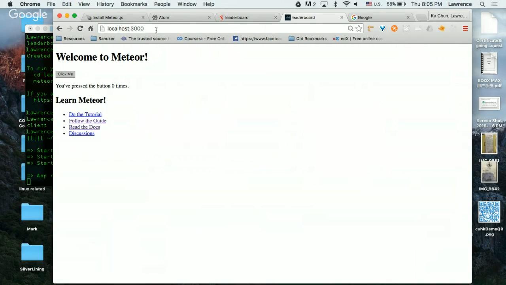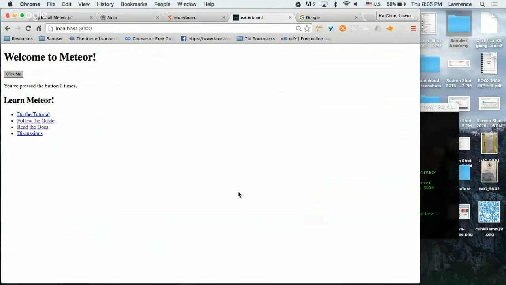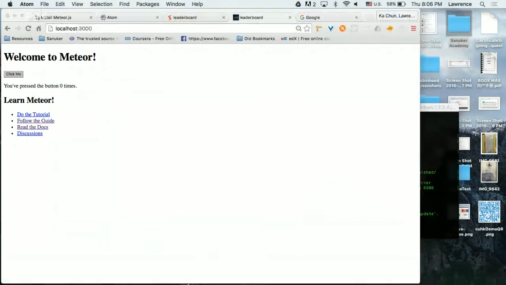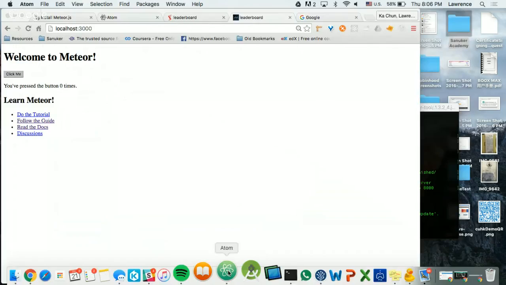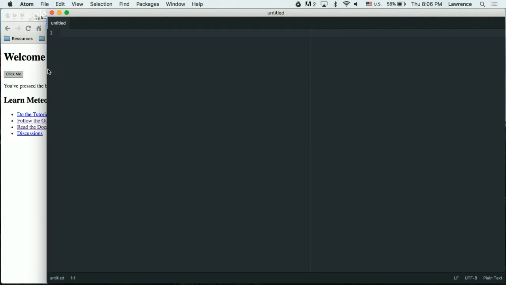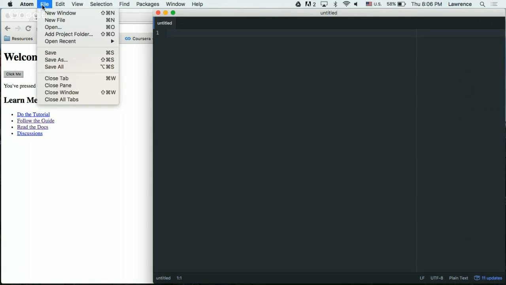You got your Meteor done. Okay, you see the same page. That's good. So now if everyone is running the page and you can see this page, we are good to start some coding. Because we are using Atom for the coding part, please open up your Atom, either in your program files or on the Mac. You just find it. Normally the first time you run Atom, it will have some welcome screen, and you can just close it. Go to your file and then open,